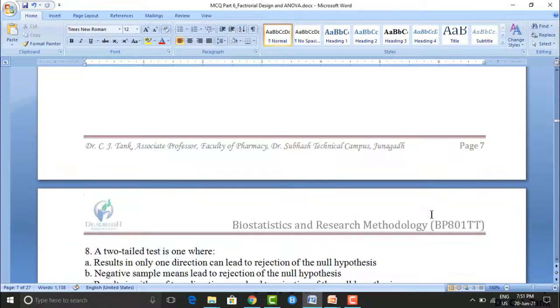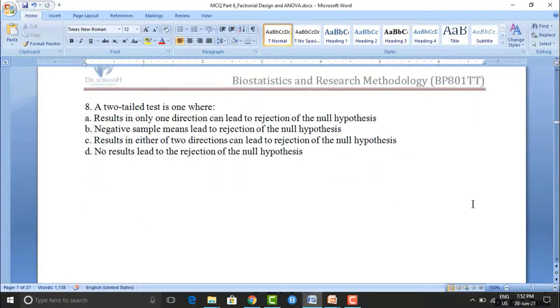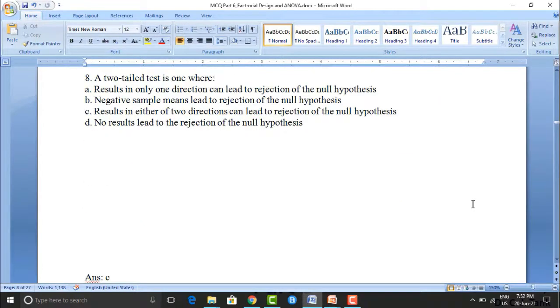Next question, a two-tailed test is one where option A, results in only one direction can lead to rejection of the null hypothesis. Option B, negative sample means lead to rejection of the null hypothesis. Option C, results in either of two directions can lead to rejection of the null hypothesis. Option D, no results lead to rejection of the null hypothesis. यहाँ पे सही आंसर है that is C, results in either of two directions can lead to rejection of